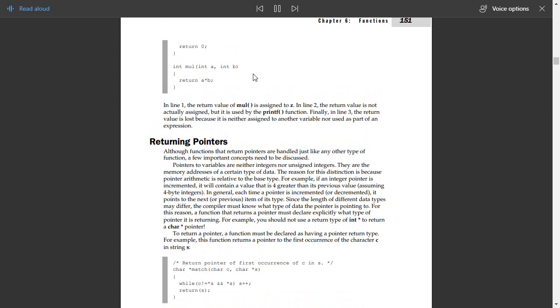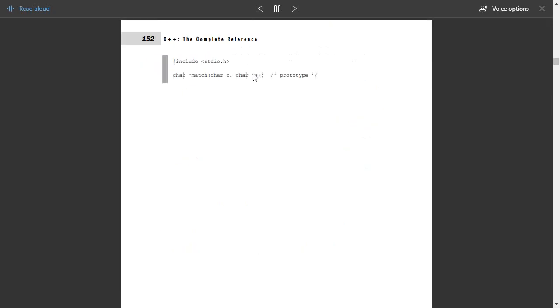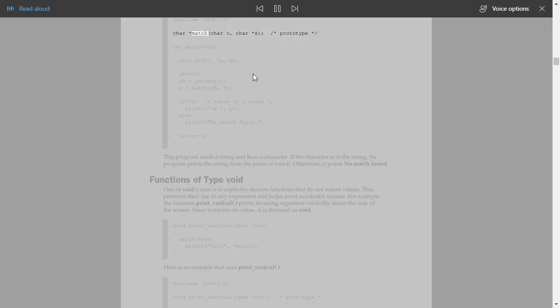Chapter 6, Functions 151. #include <stdio.h>. char *match(char c, char *s); /* prototype */. int main(void) { char s[80], *p, ch; gets(s); ch = getchar(); p = match(ch, s); if (*p) /* there is a match */ printf("%s", p); else printf("No match found.");